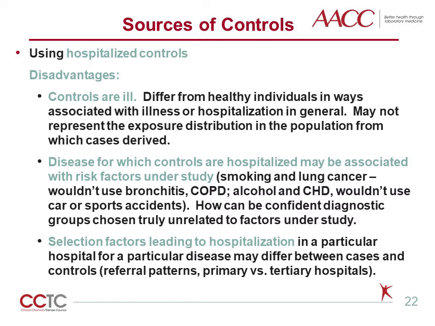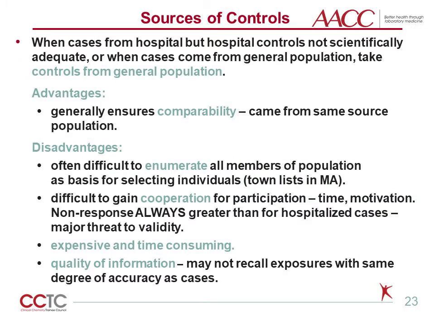But the comparison group might in fact be just coming from the local community, because this hospital treats that kind of problem just as well as any other hospital does. So the cases and controls may be coming to that particular hospital for a particular disease for different reasons, and that could cause a selection bias. So when the cases come from the hospital, but the hospital controls are of concern to you because they may not be scientifically adequate, or when the cases actually are coming from the general population, then you might want to consider taking the controls from the general